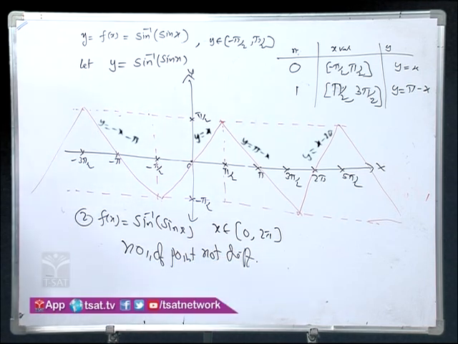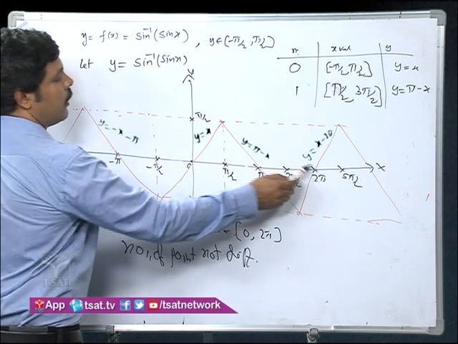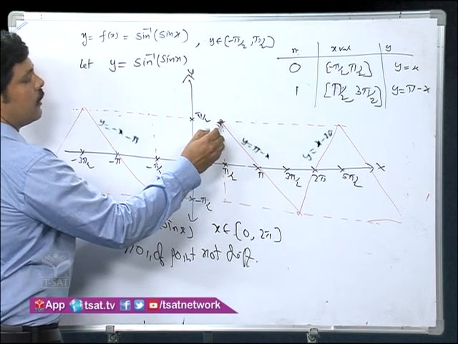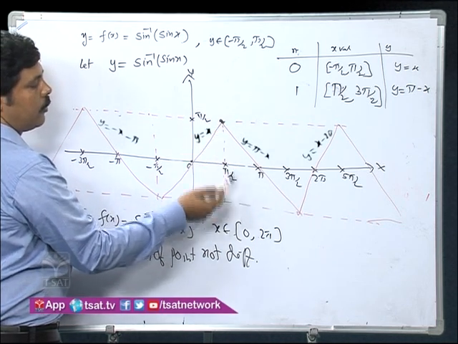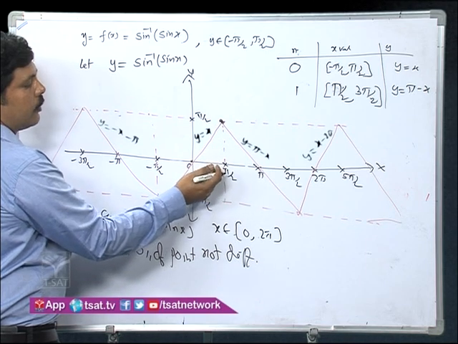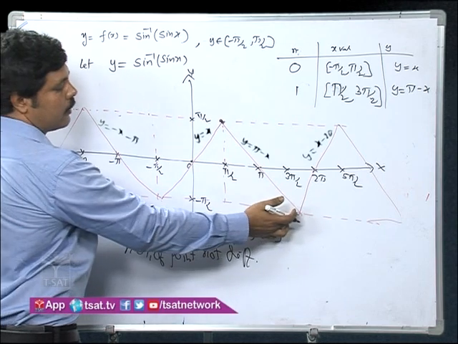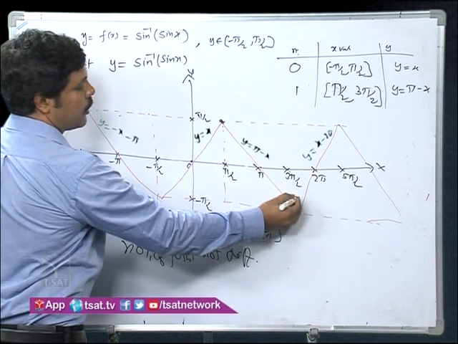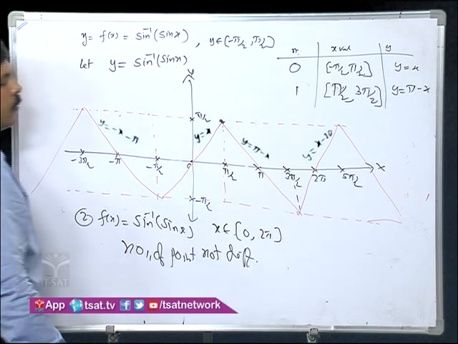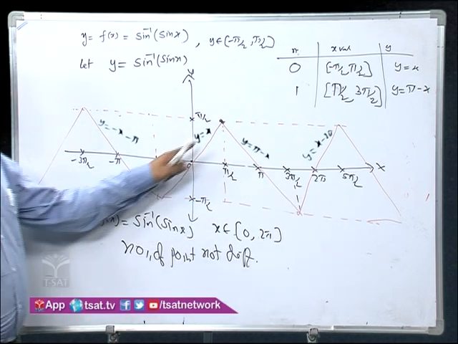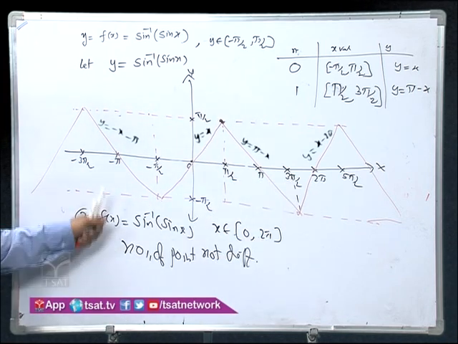We know the graph from 0 to 2 pi. In this graph, there is a sharp edge, therefore the function is not differentiable there, because the right hand derivative at pi by 2 is 1 and the left hand derivative is minus 1. At x is equal to 3 pi by 2, the left hand derivative is minus 1 and the right hand derivative is plus 1. That's why at these 2 points, x is equal to pi by 2 and x is equal to 3 pi by 2, the function is not differentiable.